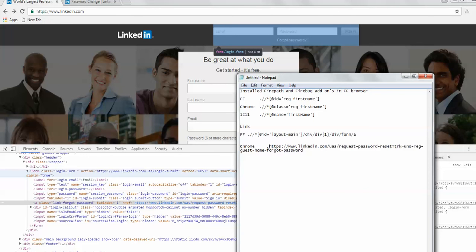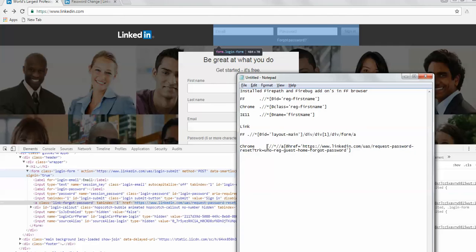Now start your XPath always with double slash, which means start from the root, and then check for something which has an anchor tag of href. What is the node that you're looking for? Href property, which is equal to, and close this in a single quote as per the syntax. Close it. So what you have done here, you have started from the root node and you are looking for something which has an anchor tag A and whose href property, the hyperlink, is this.